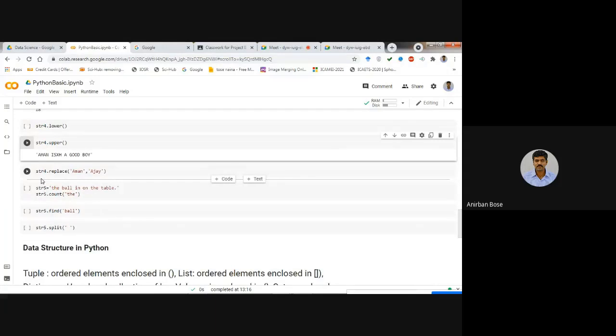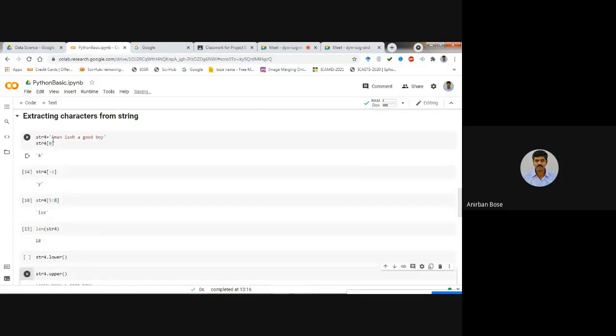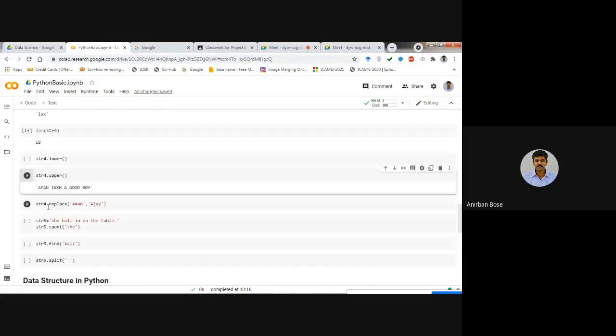Now if you want to replace a particular word in the string, a particular portion of the string, you can replace it in this way. You can use this method replace, string4.replace. This is the command, string4.replace, and what you are doing is replacing Aman by Ajay.